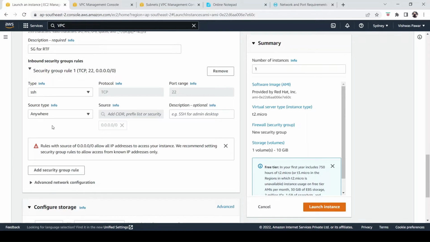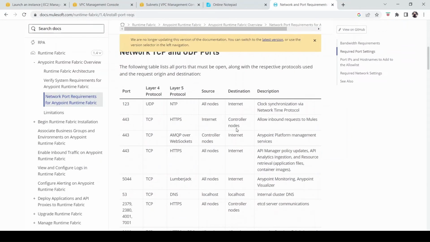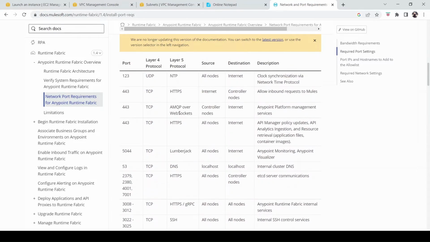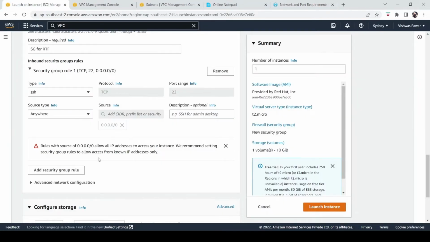You can either choose to go with the default ones or else you can add specific ones. If you want to know in detail what security groups you need to add, you can refer to this article and it lists all the ports that need to be opened. Otherwise, for demo purposes, let's add a couple of rules. So source anywhere and